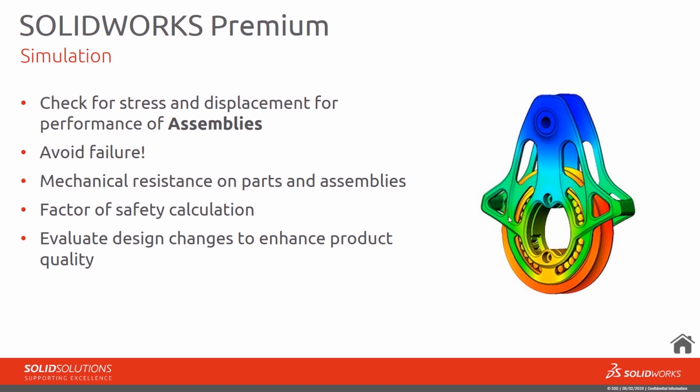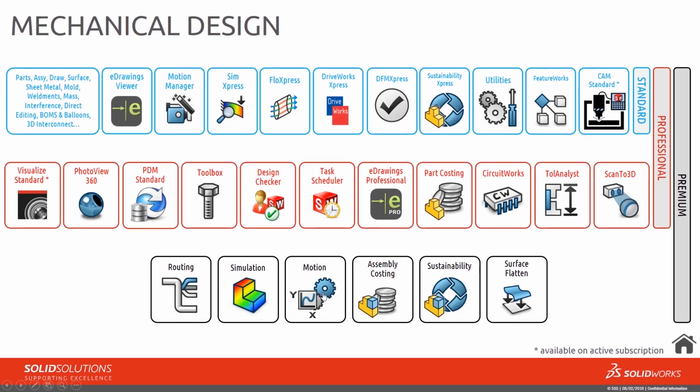And it can define things like factor of safety, so it can calculate that. It can also show us high and low areas of stress, and we can look at strain and displacement as well. So is this thing moving and how much by? So it's a really great way of kind of saying, what if I change the geometries, make it a bit stronger in these locations? What does that actually do to my factor of safety, for example? Or, could I take material out to make this thing lighter and cheaper, for example, but still allow it to function in the way that we anticipate? So again, that's the main kicker really for SolidWorks Premium, the fact that we're able to do simulation studies on entire assemblies.